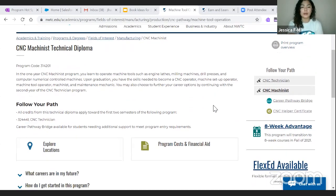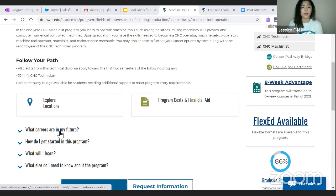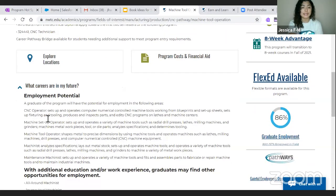Again, as we navigate through the rest of this program page, if you're interested in learning a little bit more about what careers are in your future, you can see the careers that are outlined here. The career that I'm most familiar with is a CNC operator, which Andrew talked a little bit more about, a machinist. So these are the folks who analyze and lay out the metal stock and set up and operate the machines. If you're a little bit more interested in maintenance and want to work on a machine, maybe once it has broken down and you like to problem solve,